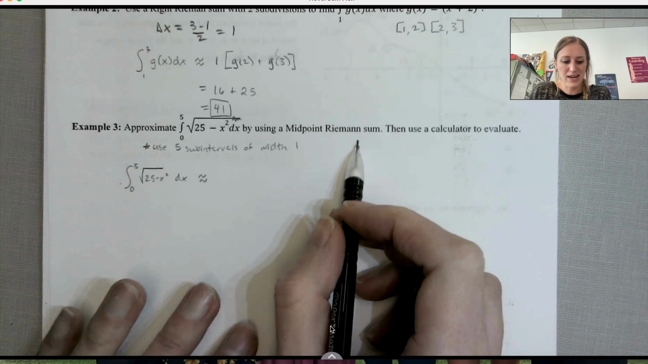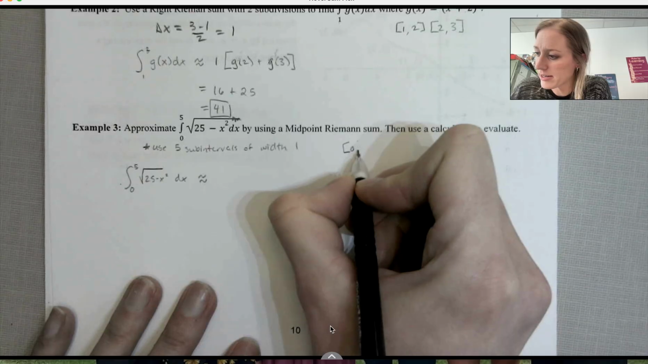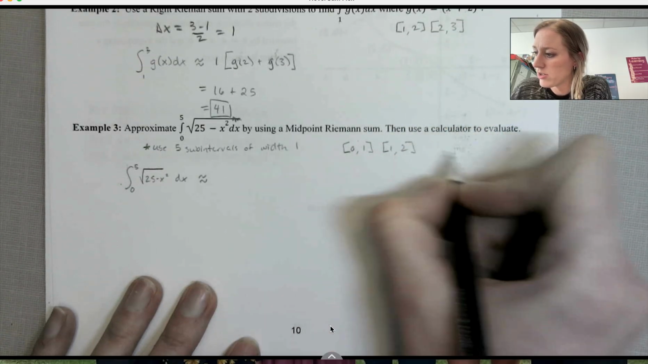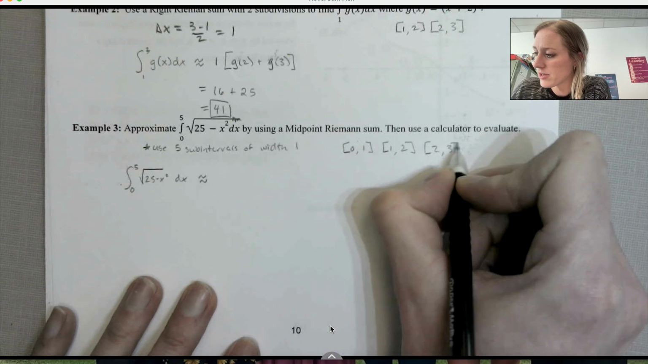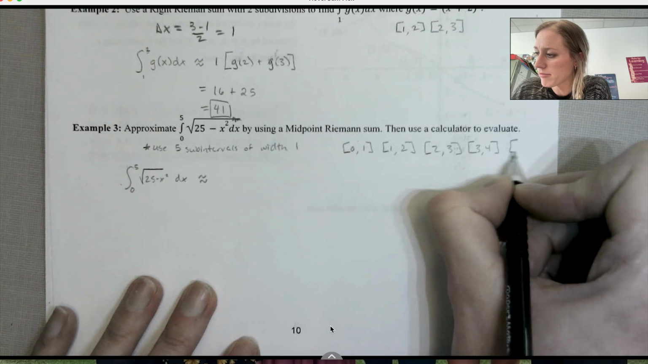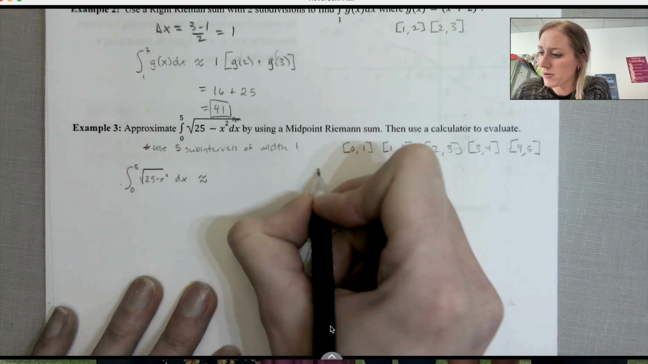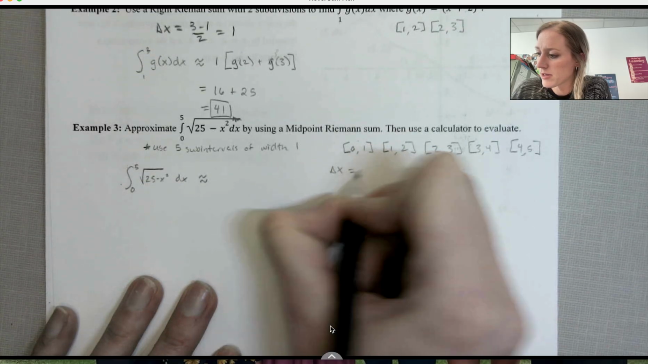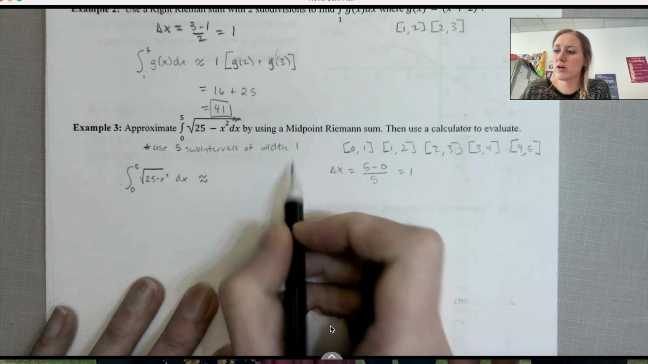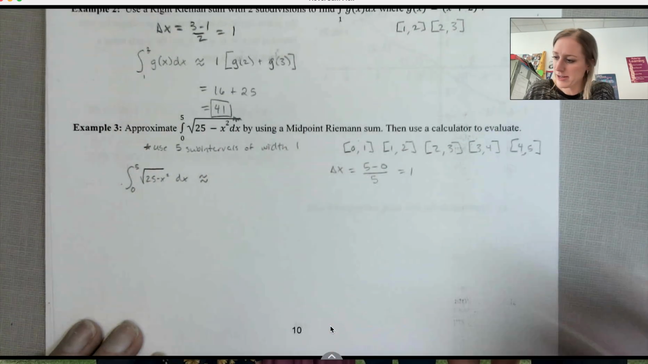Okay, if I think about my intervals, right? So we've got 0 to 1, 1 to 2, 2 to 3, 3 to 4, and 4 to 5, right? My delta x is 5 minus 0 over 5, because we're doing 5 equal subdivisions, which is 1, which should match what they asked there. Okay, so we have 1